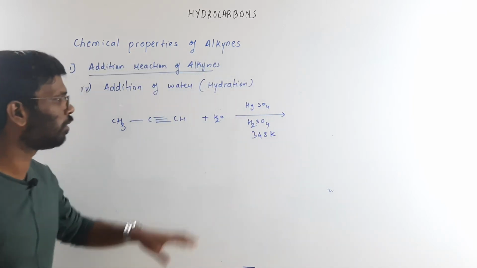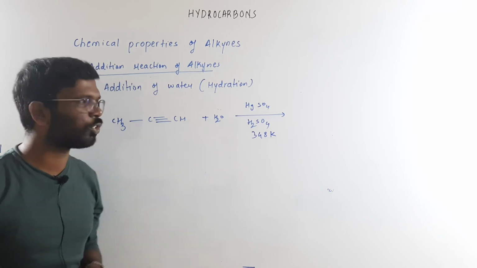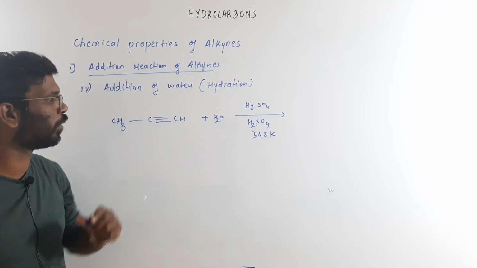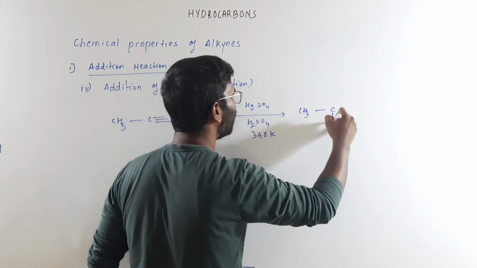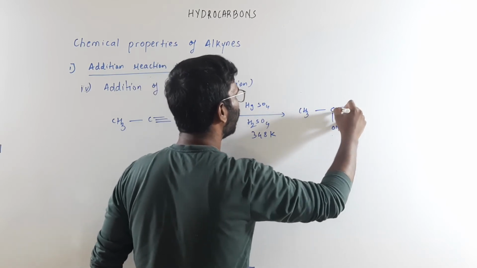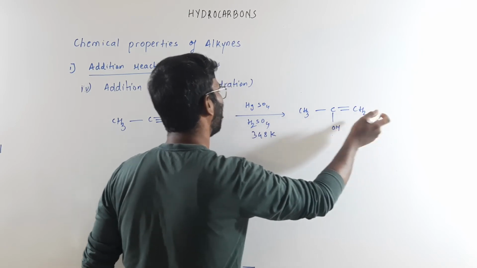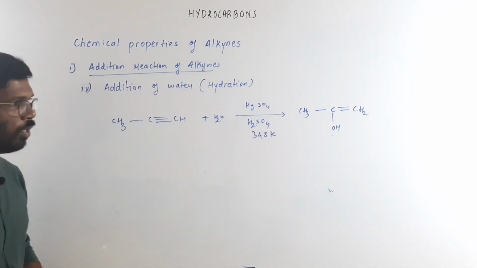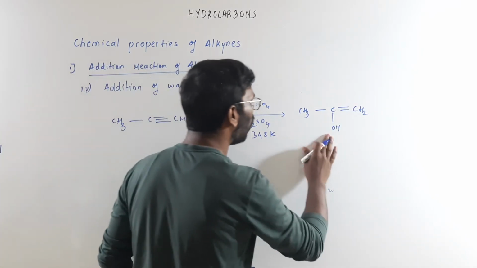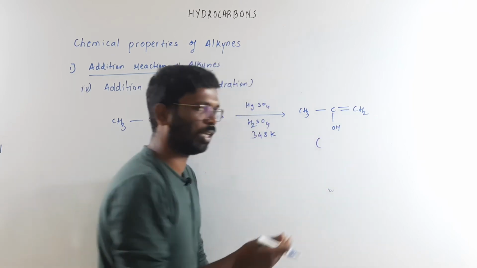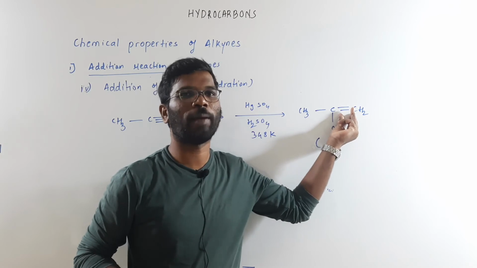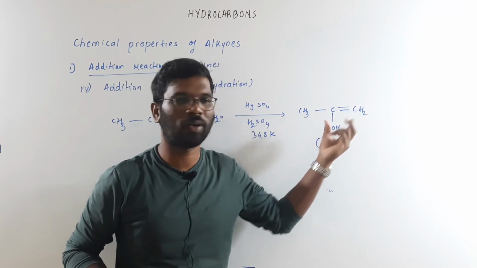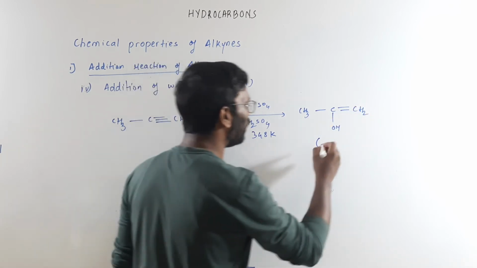Here again there is a negative part and a positive part for the water. The negative part is OH minus, that will come over here. There is CH3, C double bond, and here there will be a CH2, like hydrogen will come over here from the water. Now what is formed is an enol. What is the meaning of enol? That is OH when it is present on the sp2 hybrid carbon of the carbon-carbon double bond. So this is what is called an enol, and this is not stable.